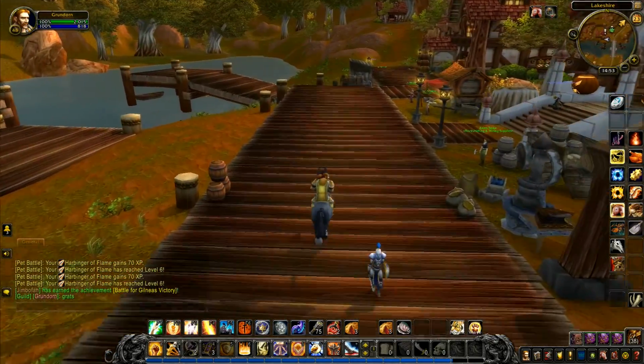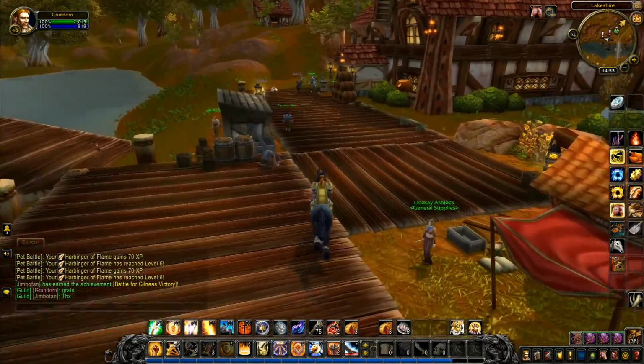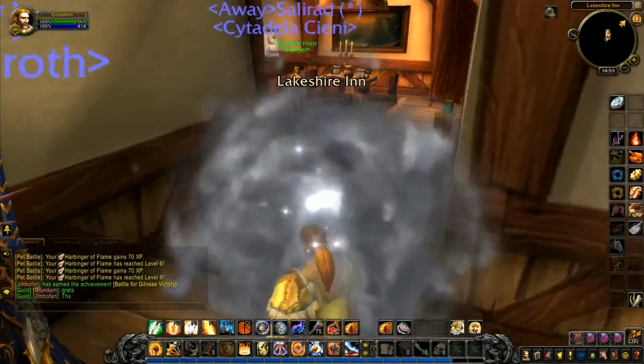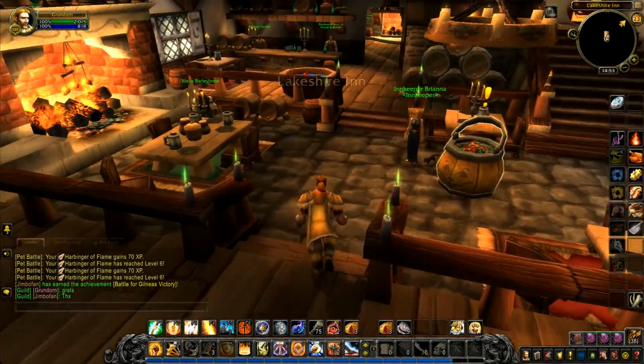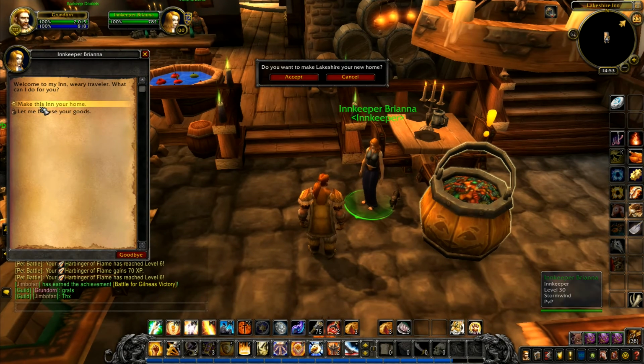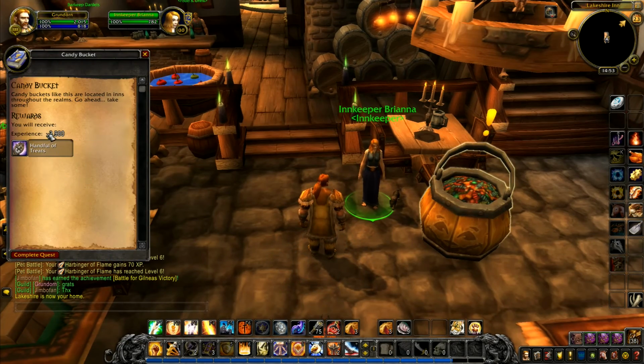Now, we've got a quest inside here, and then there's another quest over there. So the first thing we're going to do is go and speak to the innkeeper in here, and we are going to set this as our home. Oh, something? I see, it's that quest. Right, make this your home. Honor, friend. And then we're going to have a look in here, and we're going to get a handful of